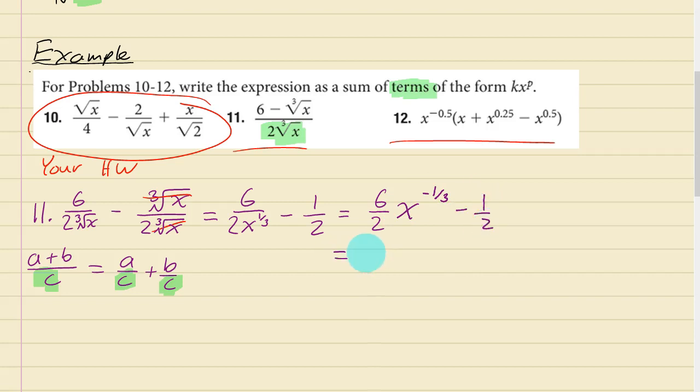Could have done that in the first step, I guess, but that's going to be 3 times x to the negative 1/3 minus 1/2. This is basically what it's looking for. Each of these you can think of as a power function. This here, the first one, the k is 3 and the p is negative 1/3. With this other one, it's not quite written like that, but another thing to remember here on the side is that x to the power 0 is always 1. So I could just write this with an extra x to the power 0 there, and it doesn't change it. So that way I'm really